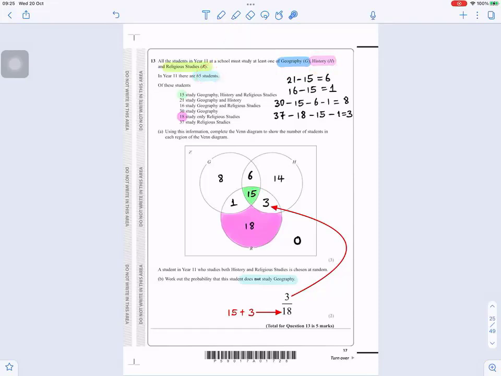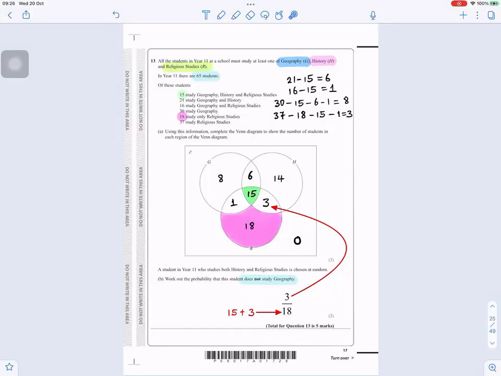Of these students, 15 study geography, history, and religious studies. 21 study geography and history. 16 study geography and religious studies. 30 study geography. 18 study only religious studies. 37 study religious studies. Using this information, complete the Venn diagram to show the number of students in each region